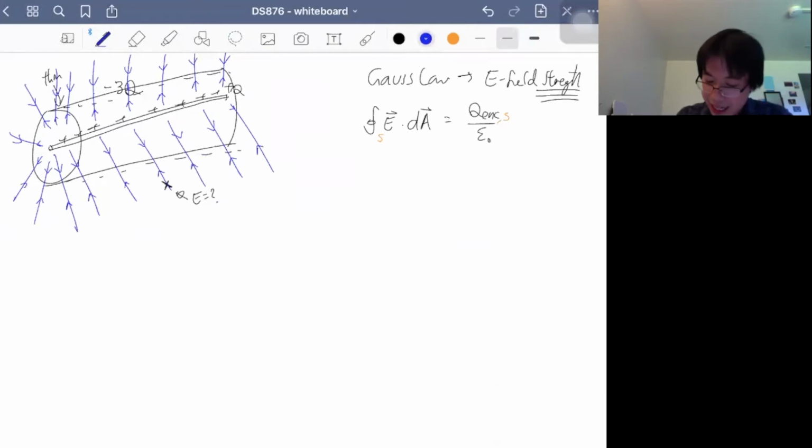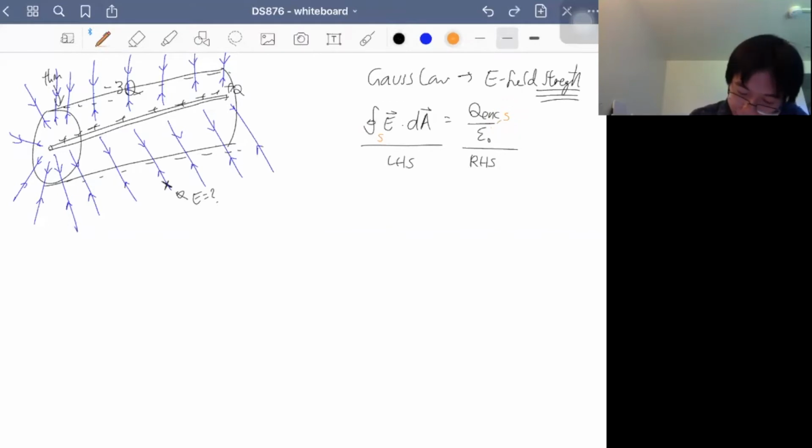The second thing is you look at Gauss's law and you write it down, which I've already done, and you solve the right-hand side and the left-hand side. You can deal with them separately, okay? I like to deal with the right-hand side first. So first, you need to decide a Gaussian surface. What that means is if you are interested in the electric field here, draw a surface that passes through here. And you want to